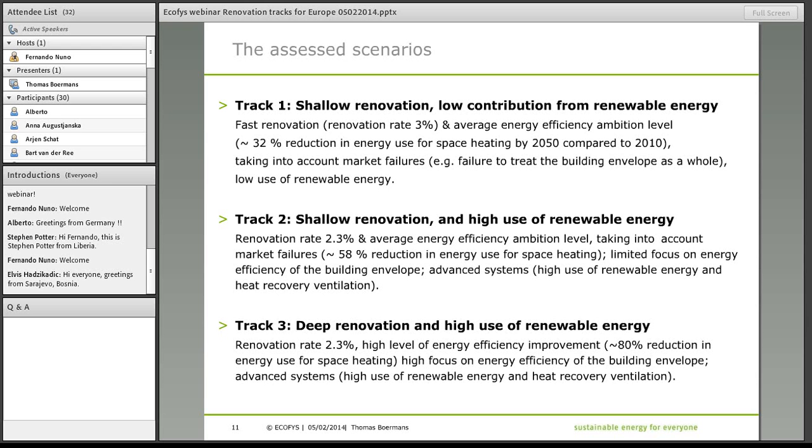And that's indeed one of the discussions. And this is then a track which comes at a lower renovation rate of 2.3%, because we assume that a really high use of renewable energy will make it a bit slower. And then here again, the part on the energy efficiency on the building level is similar. The reduction of energy is a bit higher because the advanced and renewable systems reduce the energy use more. But indeed, there's a quite limited focus on energy efficiency of the building envelope and quite advanced systems on